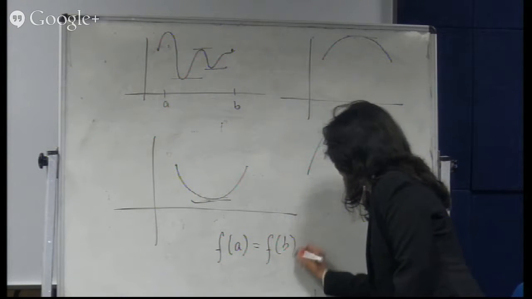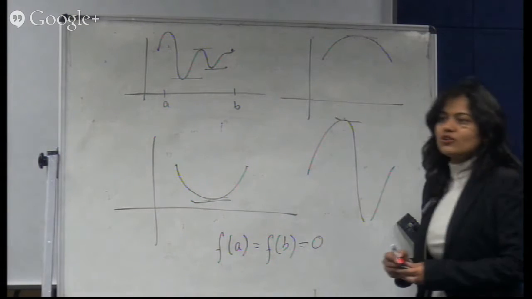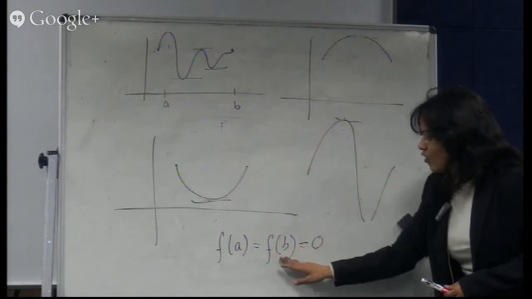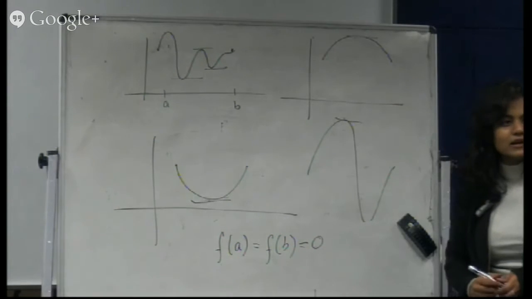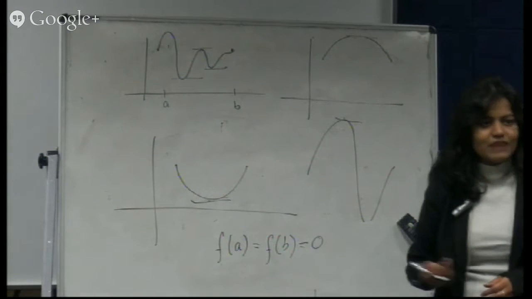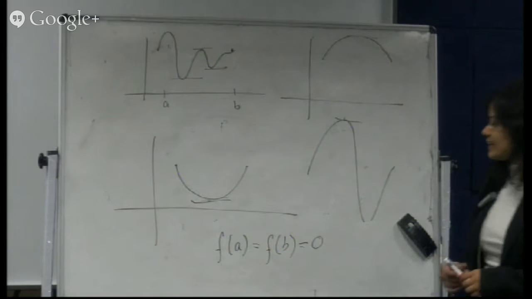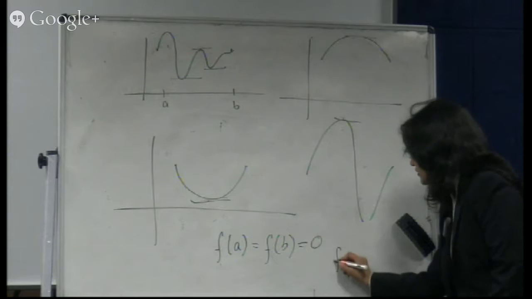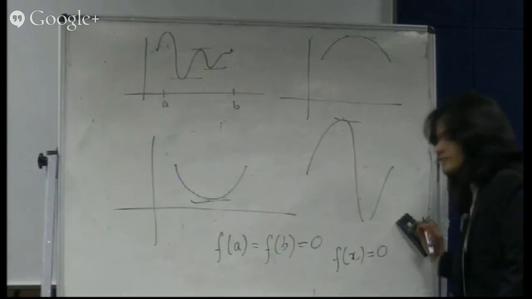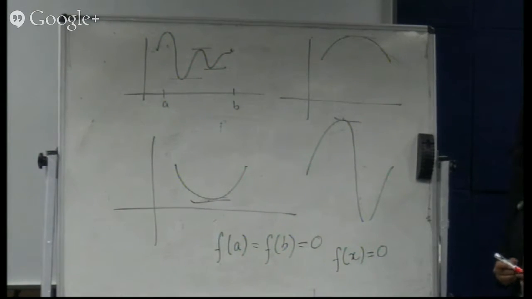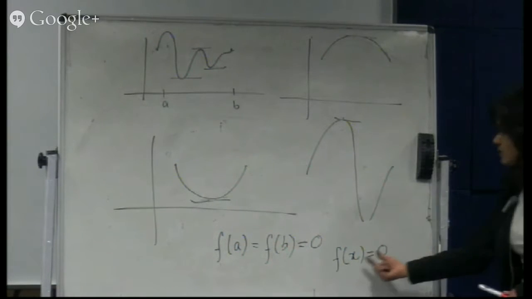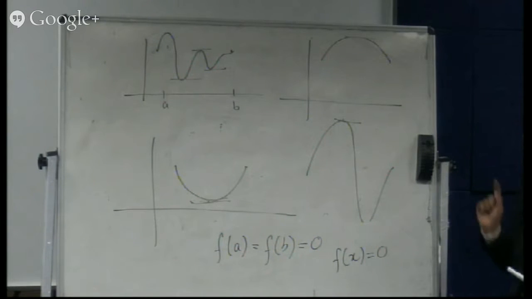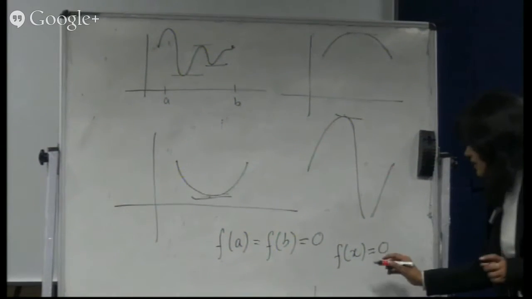f(a) and f(b) are actually 0. If I put this more restriction, then what it means is that a and b are roots of f(x). If f(x) is a polynomial or any equation, then a and b are the roots of this equation. Fine. Okay, so if you have two roots of this equation, then according to Rolle's theorem, what we have,